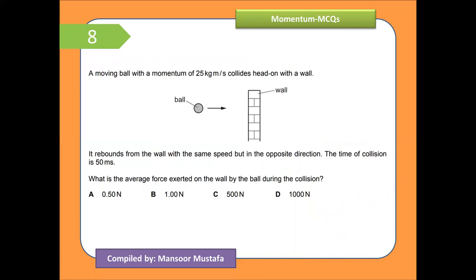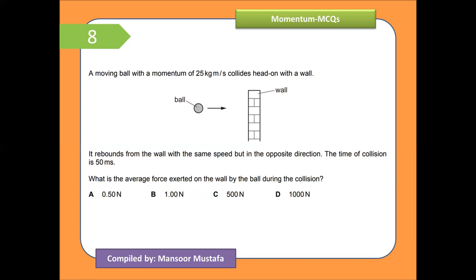A moving ball with a momentum 25 kilograms meter per second collides head on with a wall. It rebounds with the wall with the same speed but in opposite direction. Definitely it will move in opposite direction, but it's mentioned कि उसकी जो स्पीड में भी कोई चेंज नहीं आ रहा, वो सेम स्पीड के साथ मूव कर रहा है। आपको टाइम भी गिवन है बट इन मिली सेकेंड्स, एंड यू हैव टू कैलकुलेट द अमाउंट ऑफ फोर्स।